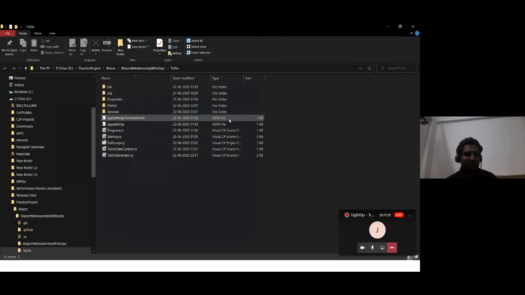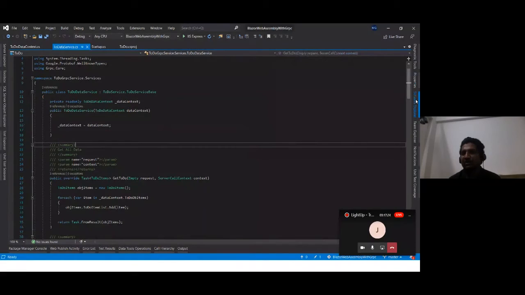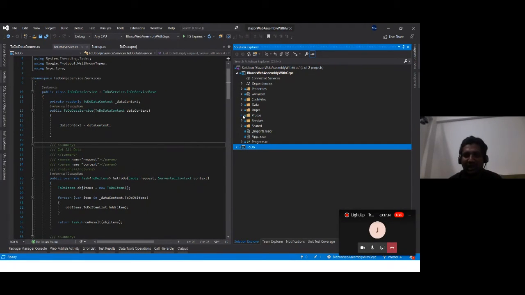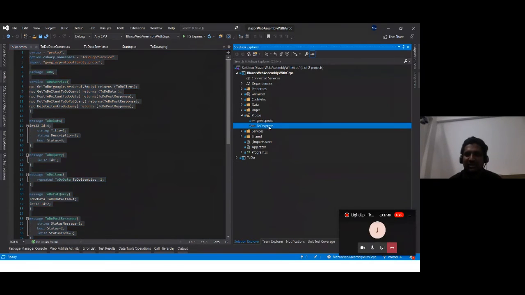Now it's time to start our client application. This client application is completely built on Blazor WebAssembly. In the same way, we have the todo.proto client. It has all the methods, message definitions, imports, and syntax, and I'm making it compile as a client only.